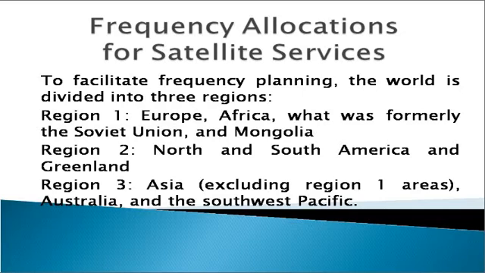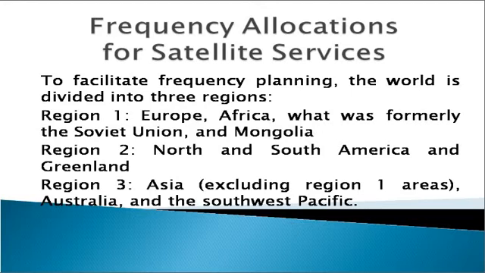Region 1: Europe, Africa, what was formerly known as the Soviet Union, and Mongolia. Region 2: North and South America and Greenland. Region 3: Asia, excluding Region 1 areas, Australia and the Southwest Pacific. Within these regions, frequency bands are allocated to various satellite services, although a given service may be allocated different frequency